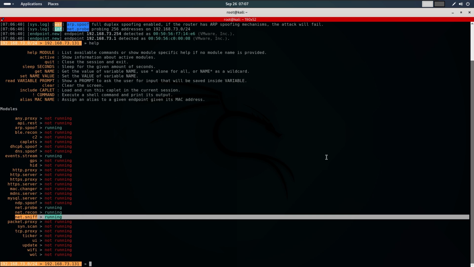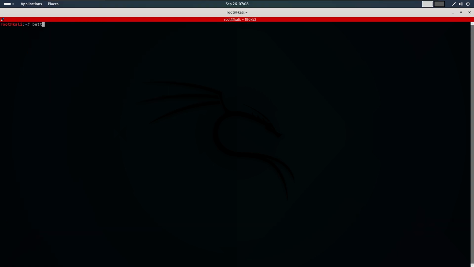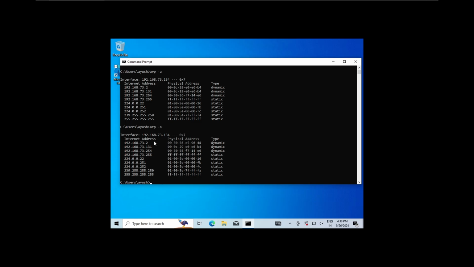I'll check the ARP table on my target machine before running the caplet. I check the ARP table. As you can see, the MAC address for the router is set to its real value. Now when I run the caplet,